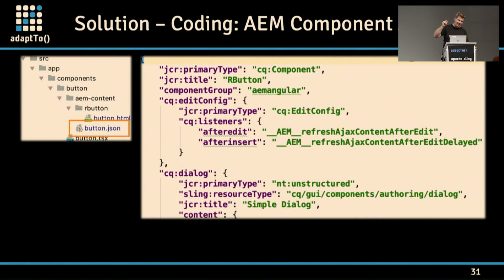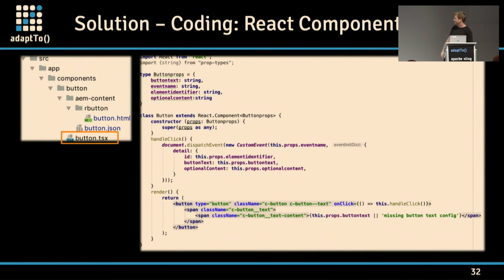If you add a component, the component in terms of React is destroyed and reloaded again, due to the fact that aem replaces the DOM content, and we would need the before edit in there to make life easier. However, it works. And finally, you've got the React part of it, which is a standard React component. It just